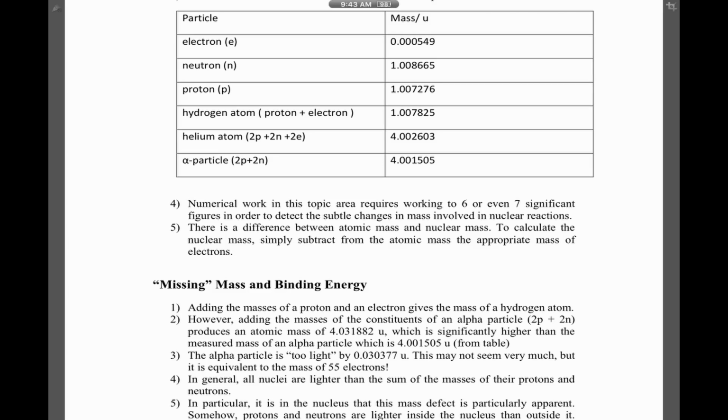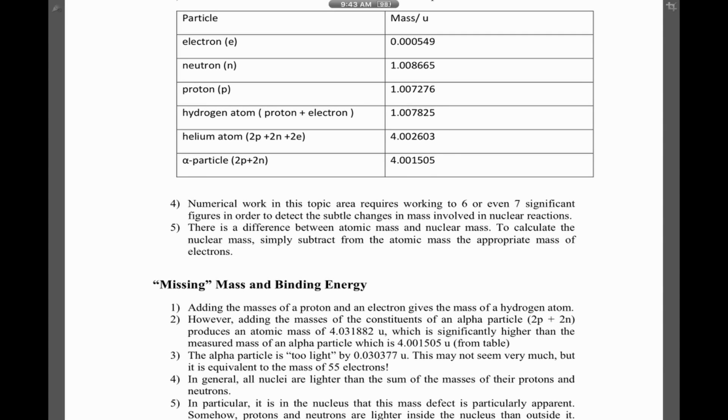Now, in the topic of nuclear physics, we're going to learn about the nucleus. That's why we call it nuclear physics. And whenever we talk about the nucleus, we talk about these particles which are very small, for example, electrons, neutrons, protons, and all those. So their masses are actually very small. In terms of kg, it will be too small, like 10 to the power negative 27 kg, the biggest